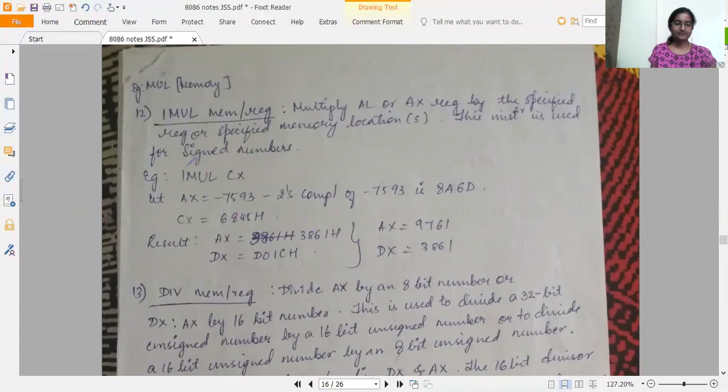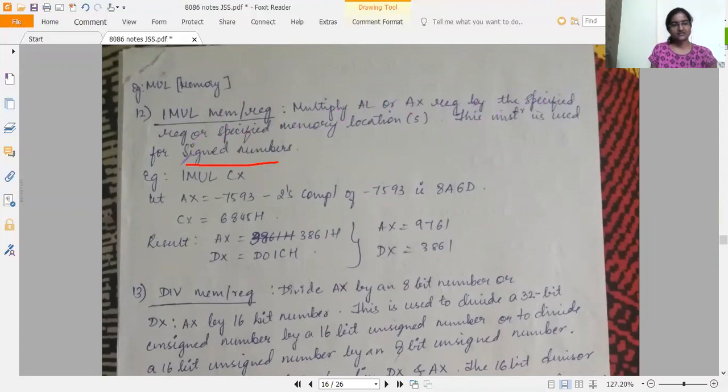Okay. Next we will see IMUL memory. This is basically used for signed numbers. What does it say? IMUL memory or register, just like the previous one. Multiply the AL or AX register by the specified register or the specified memory location.